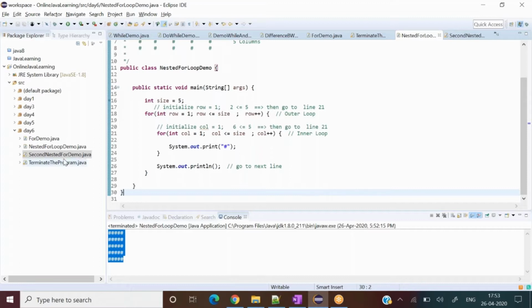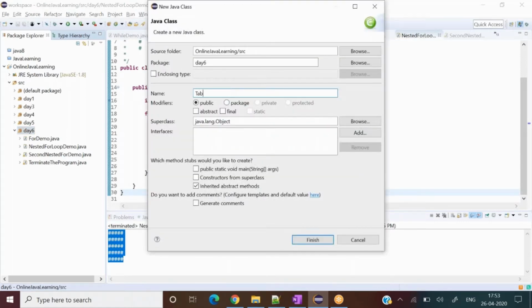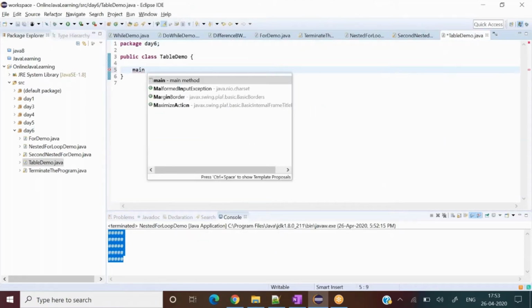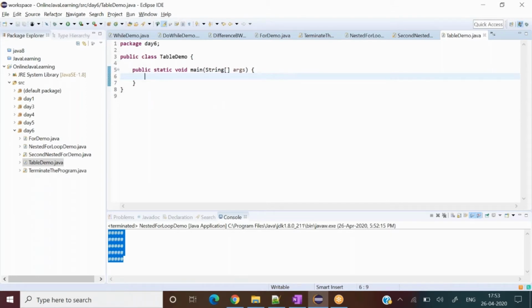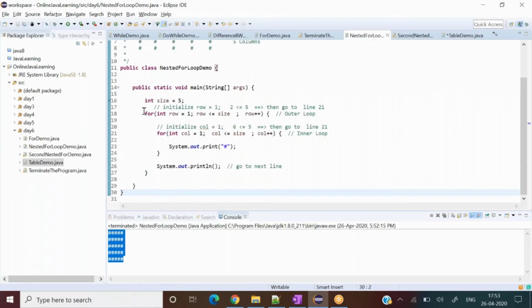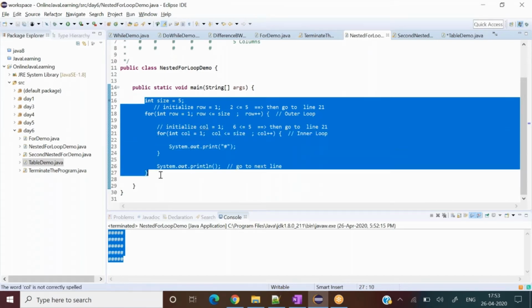And in the same way, I can draw one more quick program for you. Let's say you have to draw a table demo. There, what are the use cases? I'm showing you, again very quickly, in 2 minutes itself I can make a table program. I mean, if I would like to draw the 2 to 10 table, what I do is take an inner for loop, then int row, better to copy and paste from there itself, and size equal to 10. One second, let me copy and paste it.